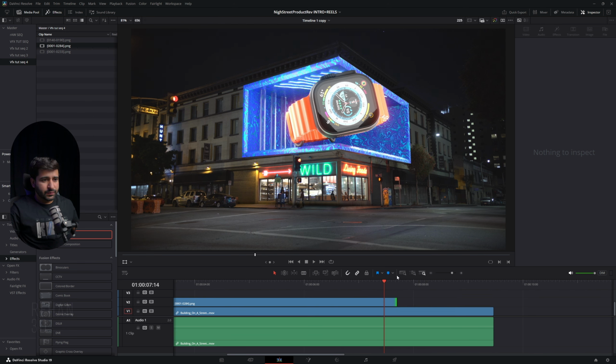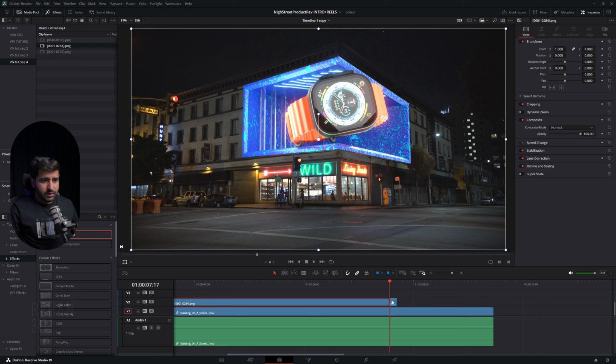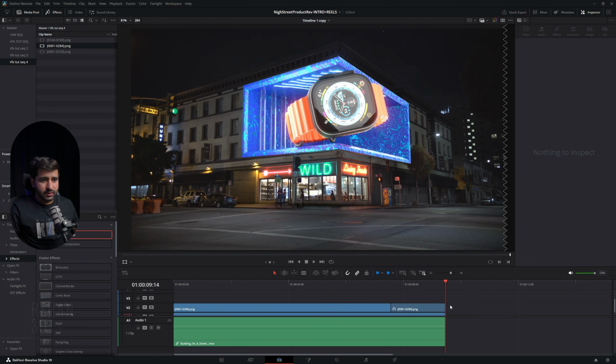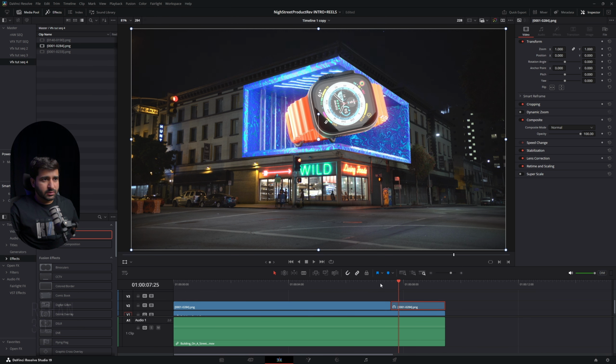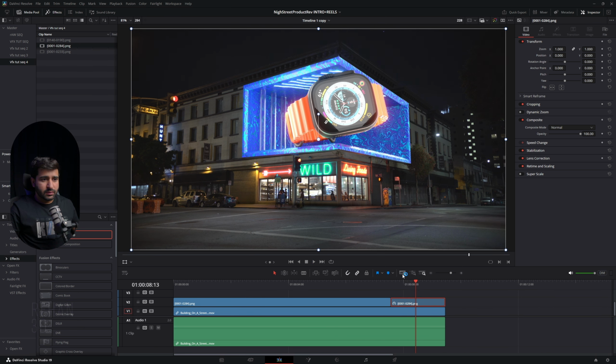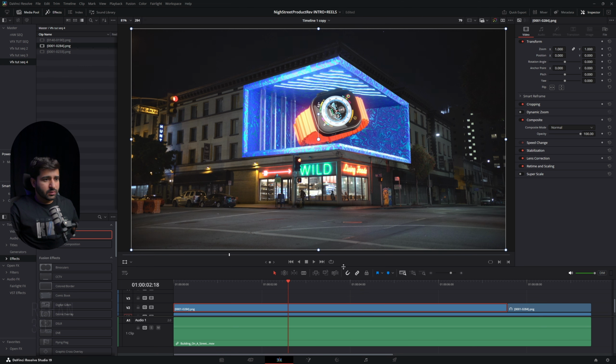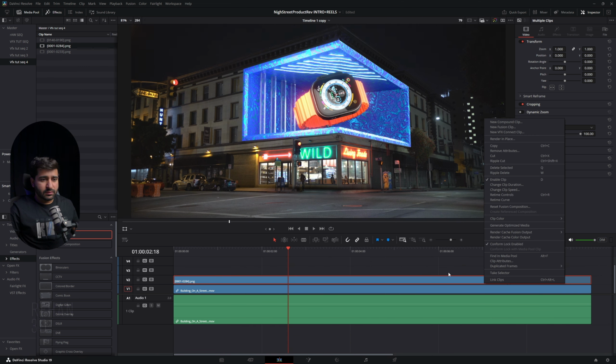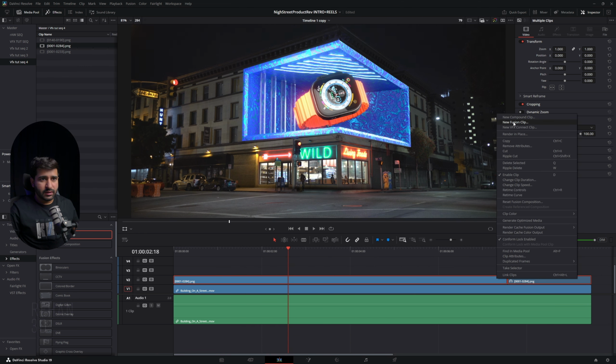After this, as you can see, I have cut the frames. Now I will simply cut the layer and change the speed to freeze frame, so it will freeze the frame. Now I will change the duration to make it longer like this, and I will cut it again here. Okay, so after this, let's make one complete single layer.